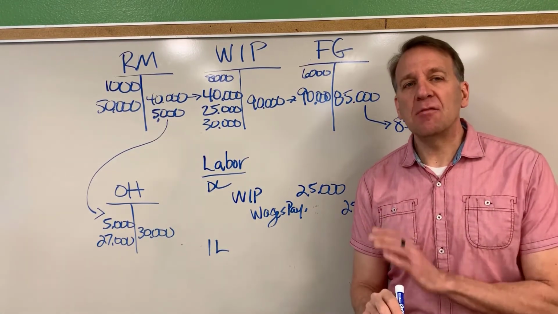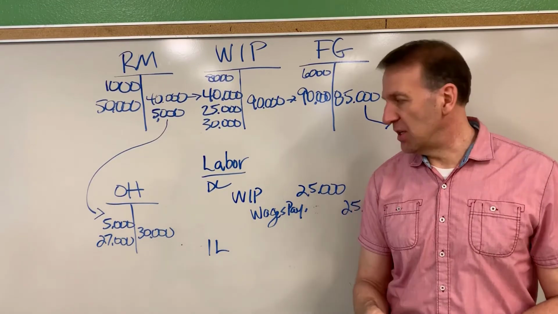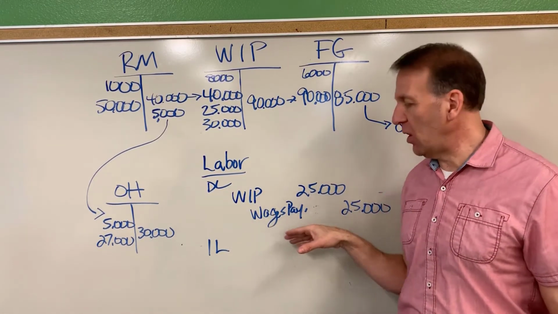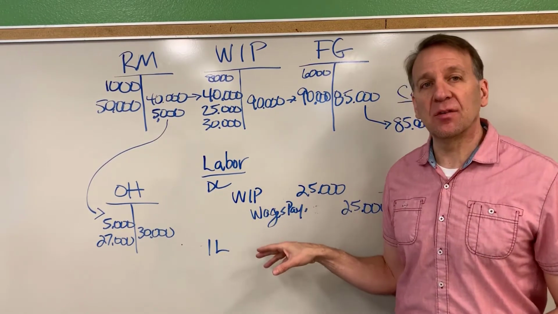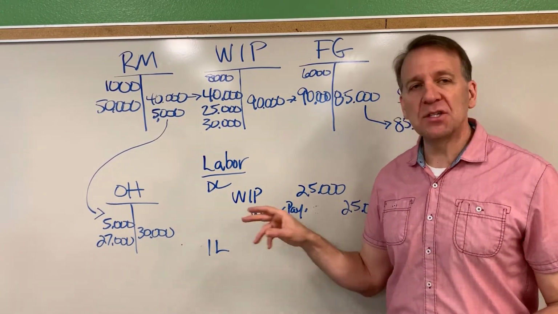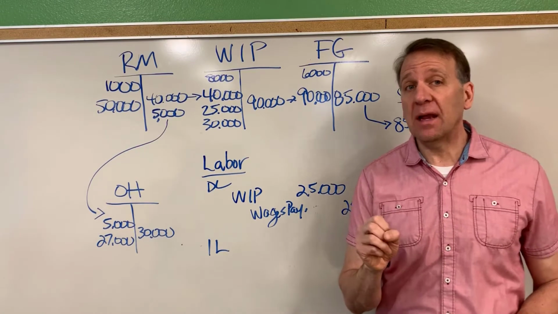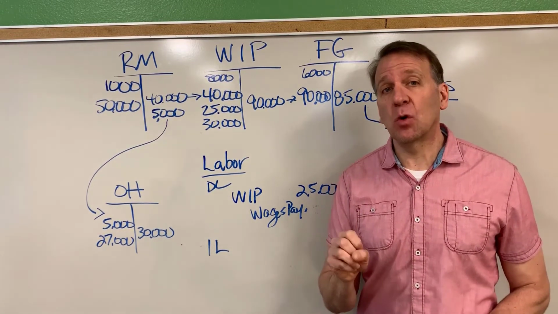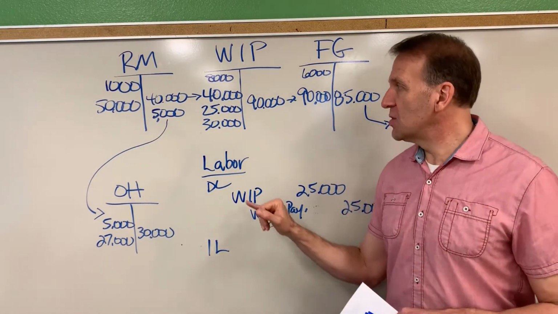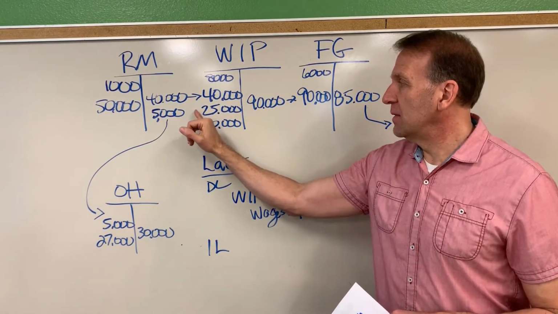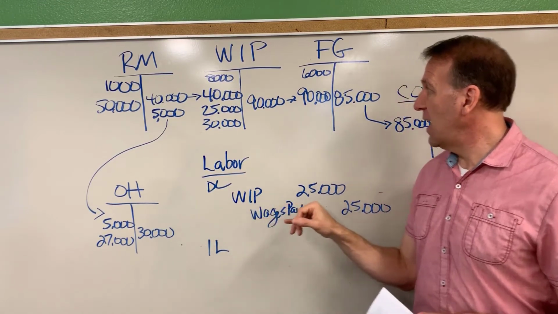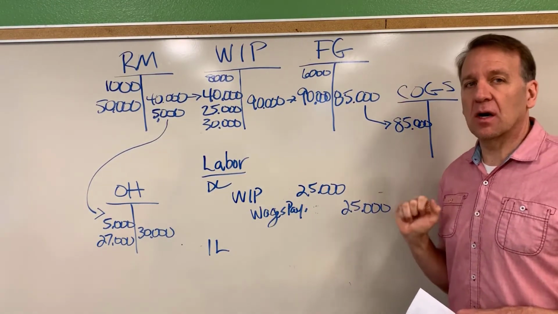Now, let me just explain something here. If this weren't the manufacturing plant and we had wages, the journal entry would be wage expense, wage payable. So maybe that will help you remember what this credit is. The reason why this isn't wage expense is because when we're in the plant, remember, all costs go into inventory, all costs in the plant. So that's why this labor cost is going to go into work in process,